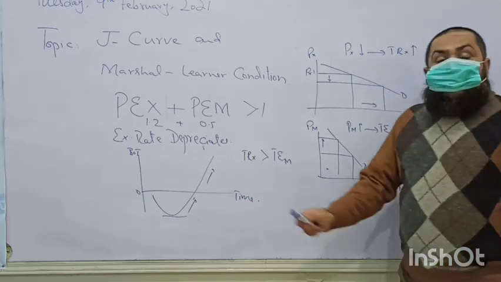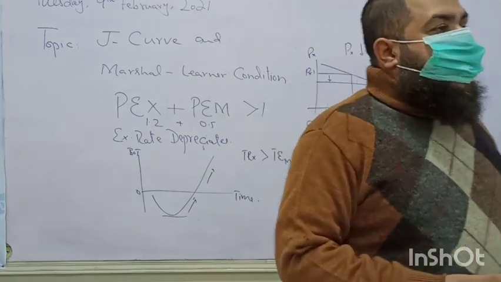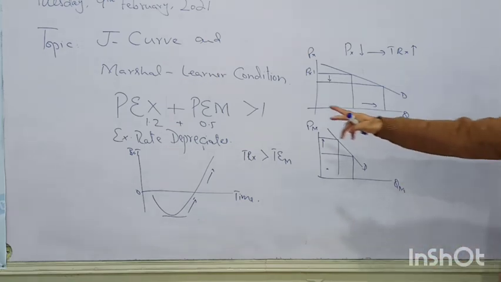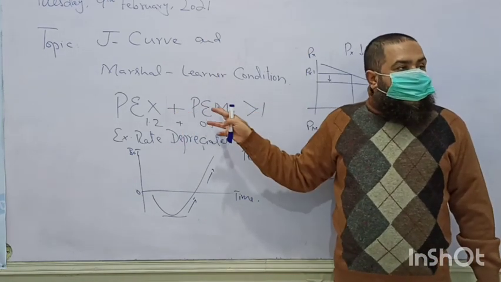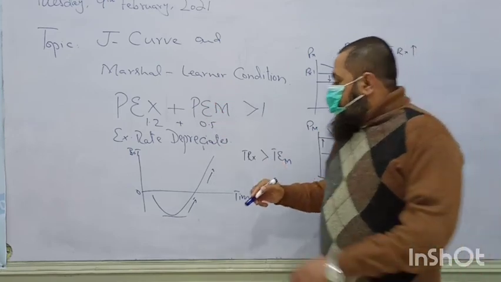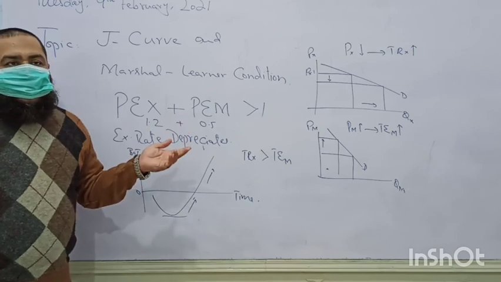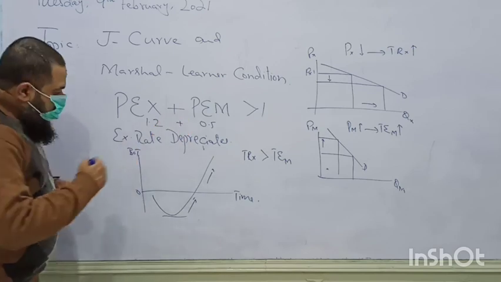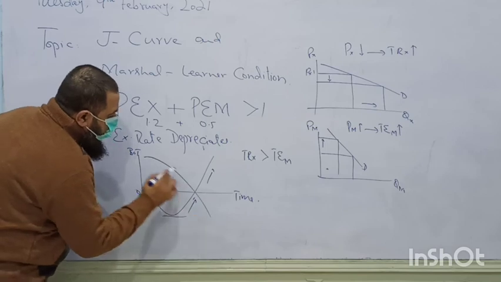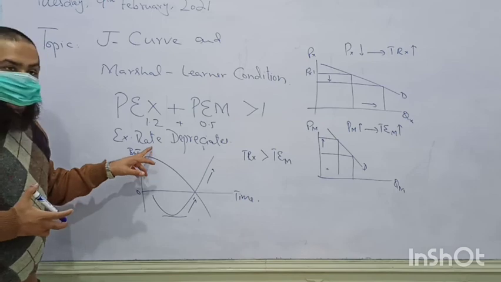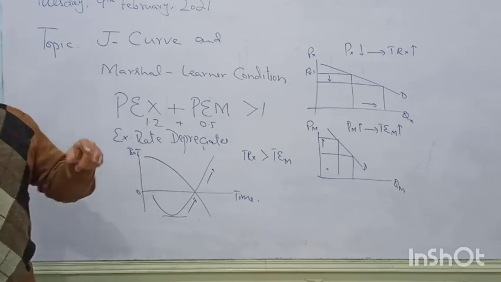On the other hand, if a country is facing a balance of trade surplus, like China, they want to reduce that surplus. What do they have to do? They have to appreciate their currency, and in that case, if this condition is fulfilled, then definitely export revenue will fall due to appreciation of the exchange rate and import expenditure will rise, and this can be represented by the inverted J curve.